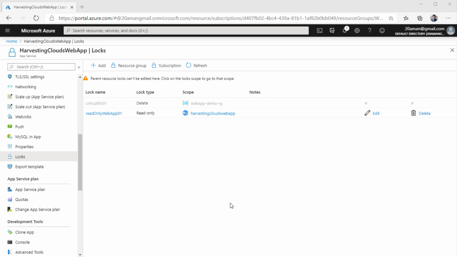The first one is that the read-only lock can cause unexpected behavior. For example, if you have a storage account and you want to list its keys, but you have a read-only lock on that particular storage account, then you will not be able to do that. The reason for that is the listing of the keys operation is handled via a POST request, and a POST request is considered as an update operation under the CRUD operations.